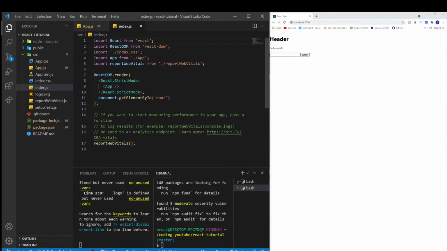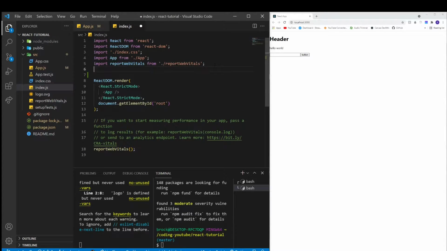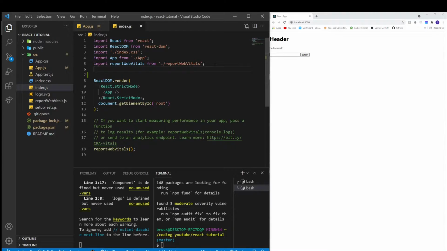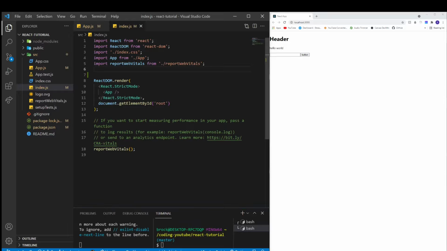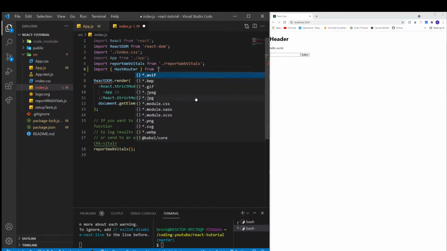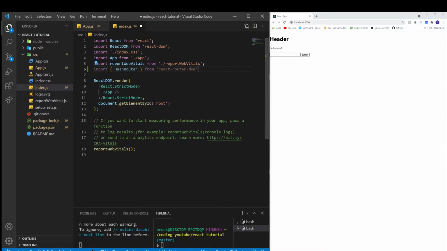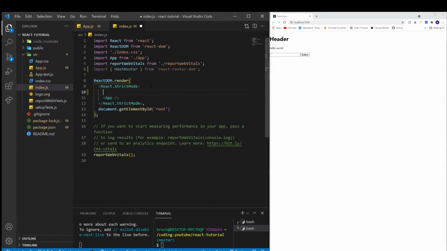Okay, so for this to work, we need to come into our index.js file and we need to import something from React Router DOM, from what we just installed, right? We're going to import HashRouter from React Router DOM. HashRouter is basically just going to use hashes for our routes within the URL, I guess you could say. So here we're going to come down below React.StrictMode, and we're going to do